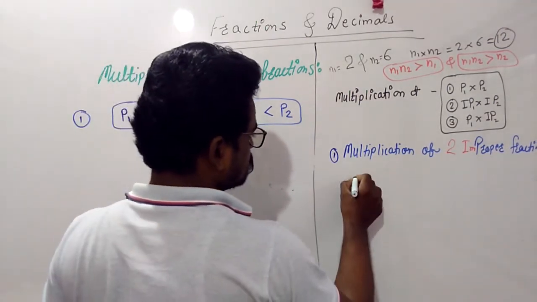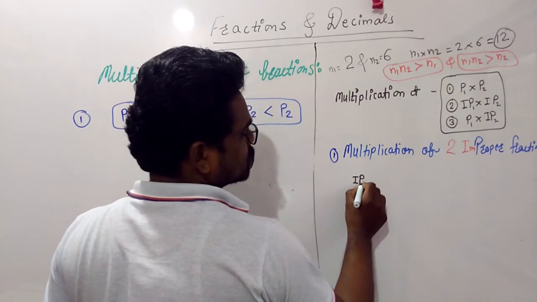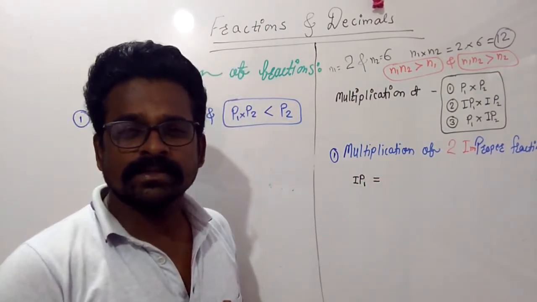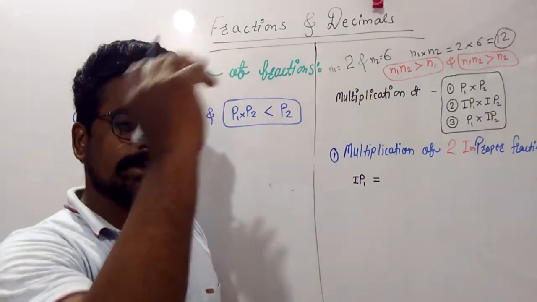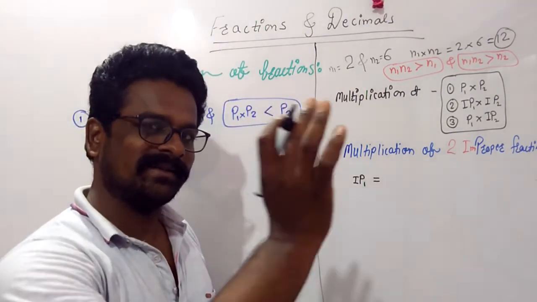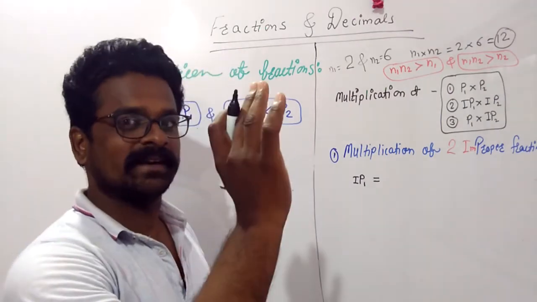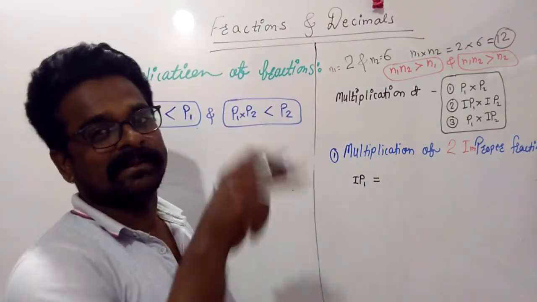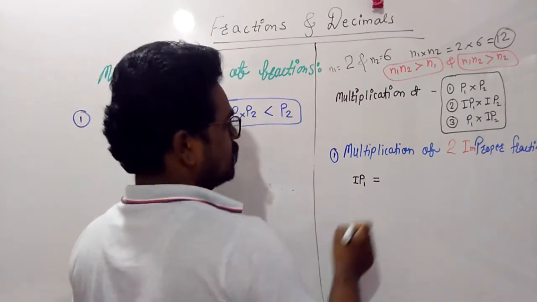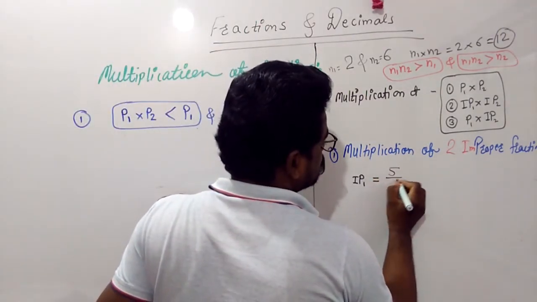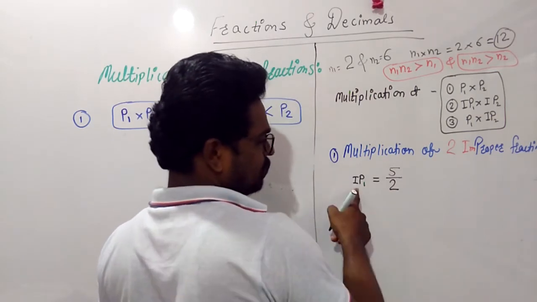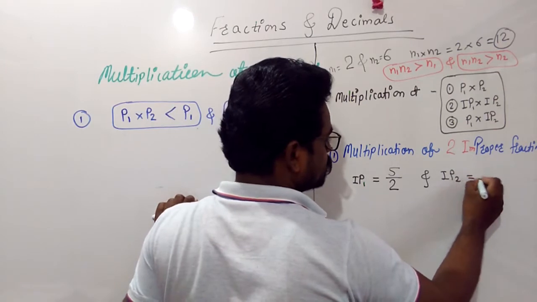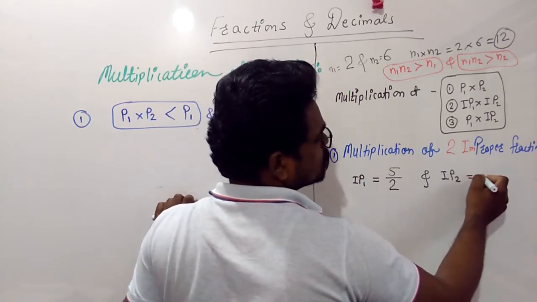Improper fraction number 1 is equal to, in improper fractions, your numerator should be greater than the denominator. Okay, suppose 5 by 2 is my first fraction, improper fraction number 1, and second improper fraction IP2 is equal to, suppose here